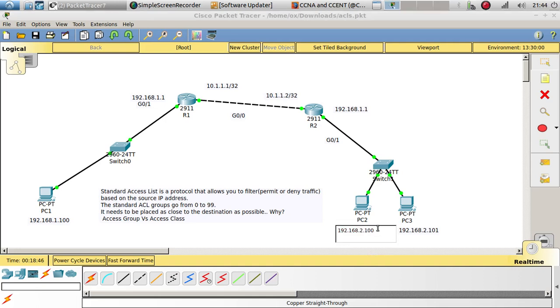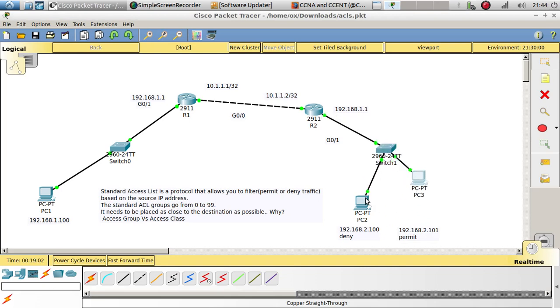The first thing that I want to do is deny this IP address and permit this IP address access. Let's make this look better. So I want to deny this host over here access to this network over here. And since, for the standard access list, we filter based on source IP address, we are going to filter this IP address over here,